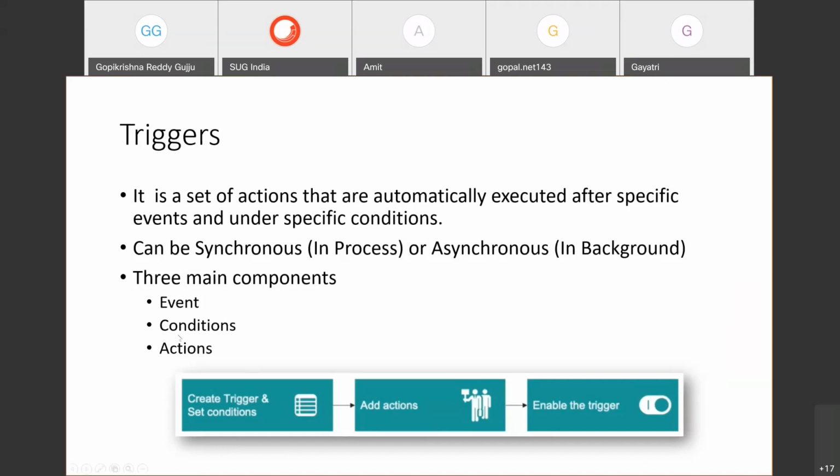And what are these conditions? Even though an entity is created, we want to match certain conditions. Maybe this entity is of this asset, maybe this value got modified, then only trigger this action. So something like that, conditions we can have. There are a lot of ways we can add the conditions. And actions, we can map to actions.